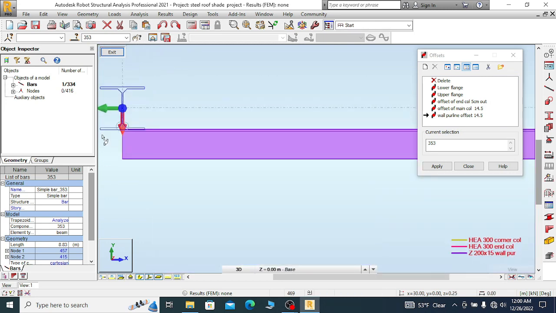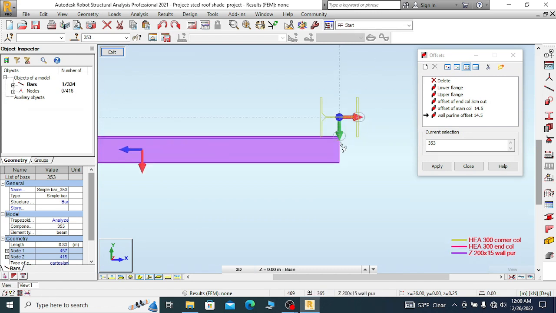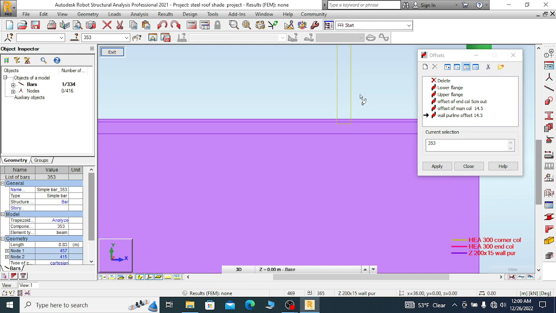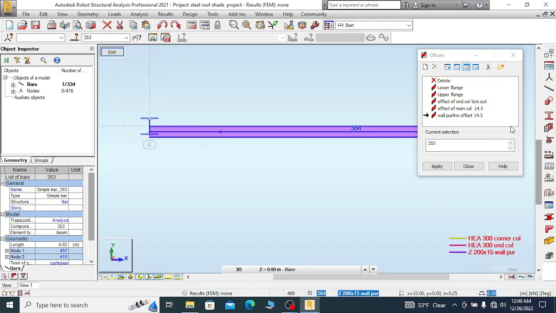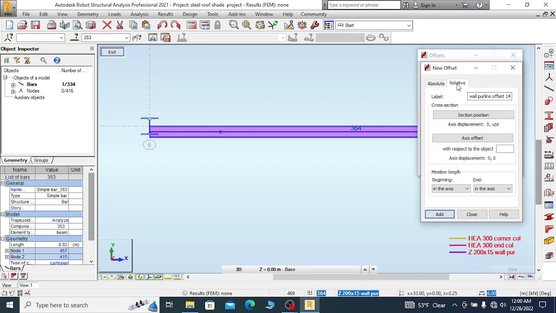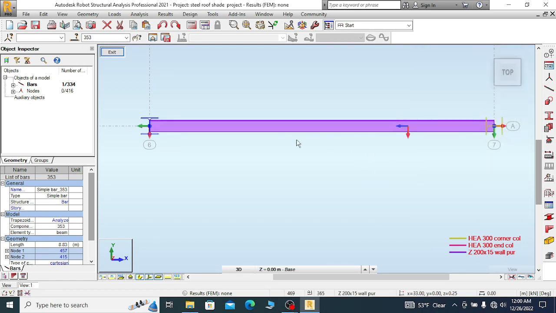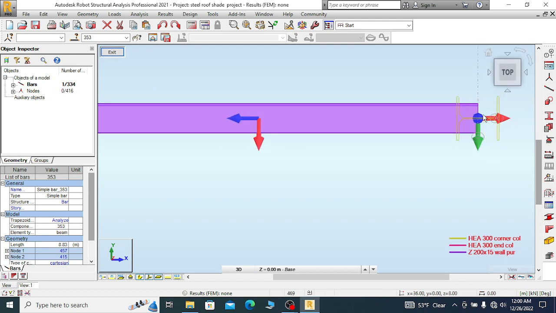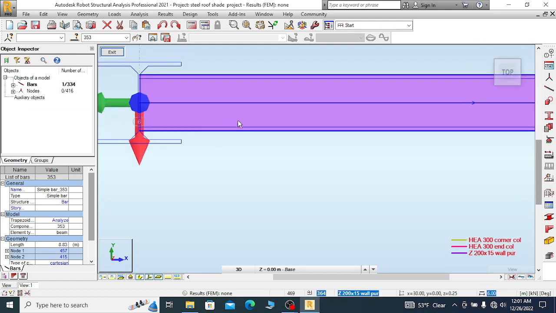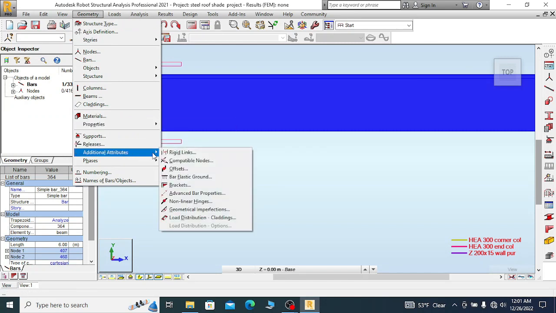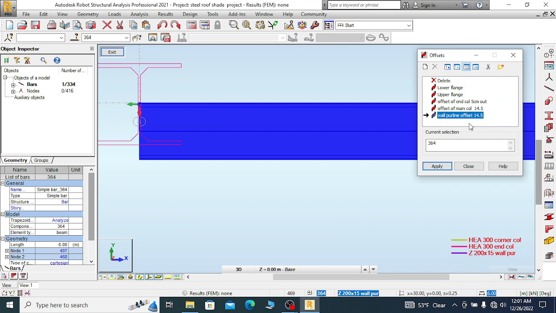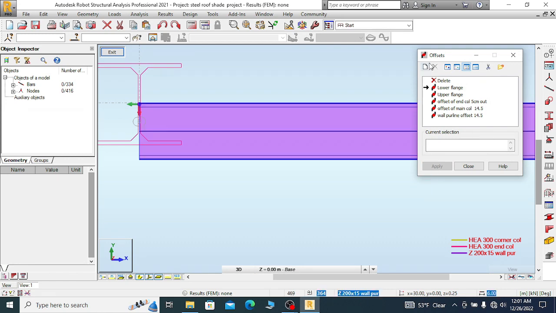It is not located over the surface. There is a mirror here. Offset by